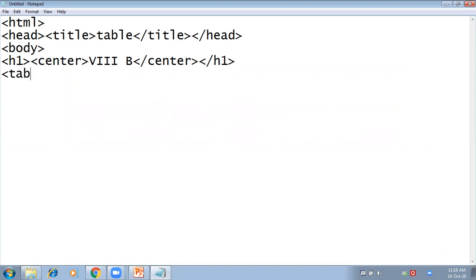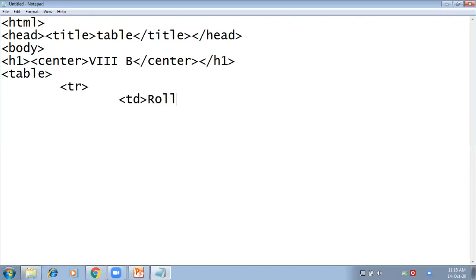Now we will start the table tag. Inside the table tag, now first we have to start a row, so that will be started with the help of tr tag. Now again in the table tag, you have to shift your cursor and then you have to create the tr tag, because it will be easier for you to judge from where you are starting the tag and where you need to close it. So there will be no confusion in the closing of tags. So again I am shifting, and now here I am writing the content, inserting the content of the cell. So that can be done with the help of td tag.